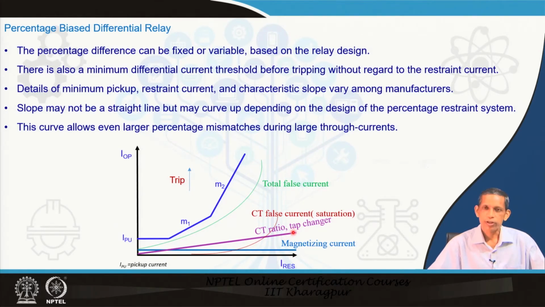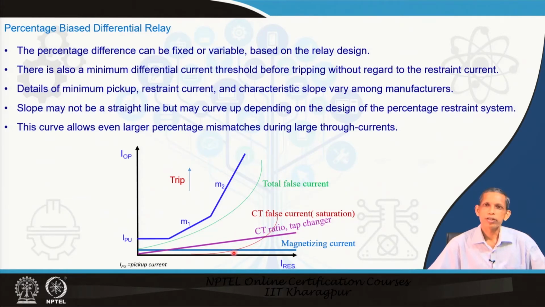In addition to that, the tap changing transformer. Remember, most of the power transformers have tap changers. With tap changers, the turns ratio of the transformer, capital N1 to N2, changes, and again the corresponding differential current will be more prominent. So, if the loading condition is higher and higher, meaning restraining current is higher, then with the tap changing position changing, the differential current may be more and more, but that is not an internal fault situation.